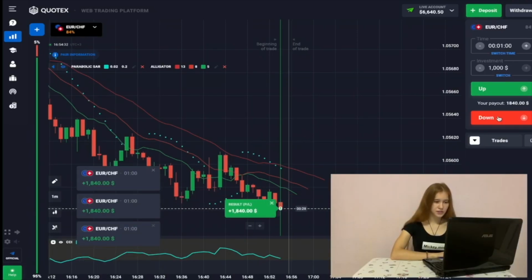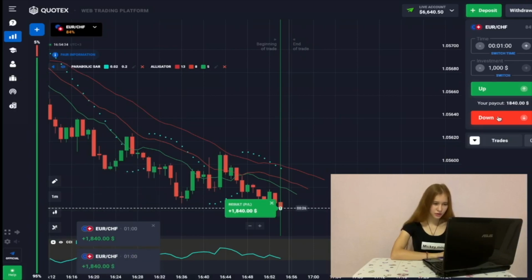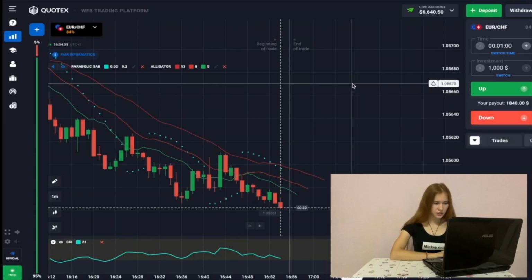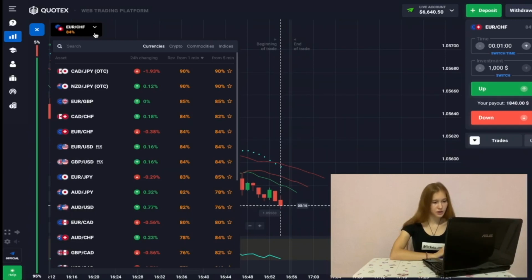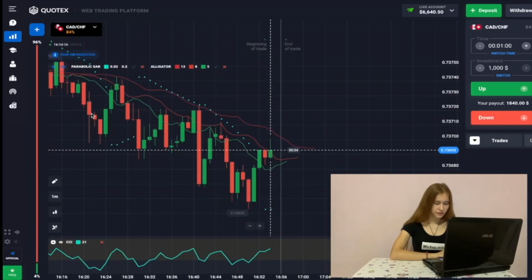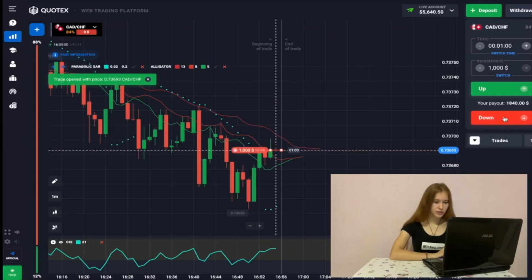So we have successfully closed our transactions according to our strategy. And let's use the next currency pair, and at this we will complete our trading session. Here let's open 4 transactions at once,